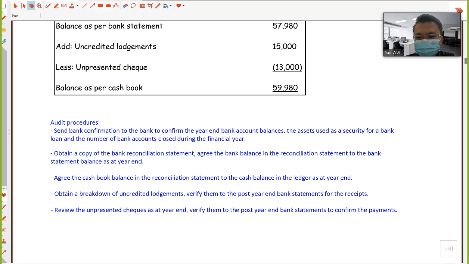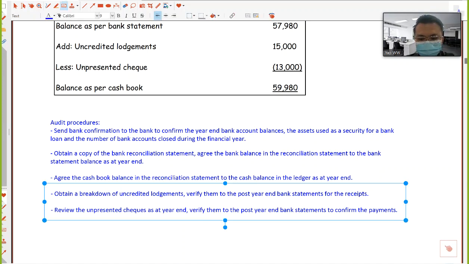So I have basically completed the audit procedures for bank account. Usually examiner will ask for 5 marks requirement. So over here we have 5 points. Yeah. Of course, there are some other procedures as well. Okay. You know,